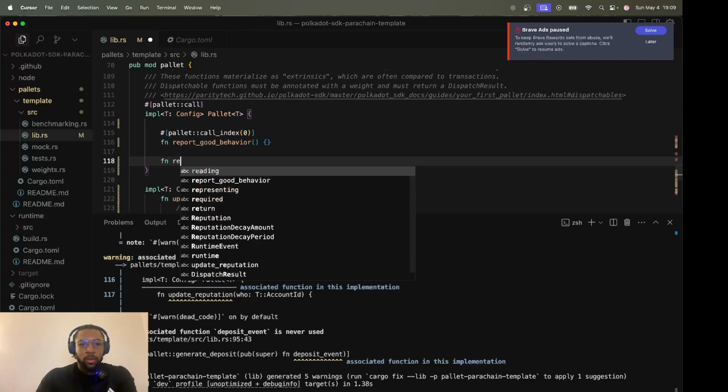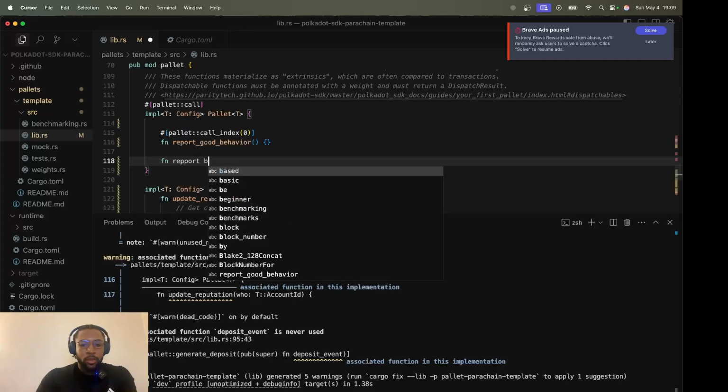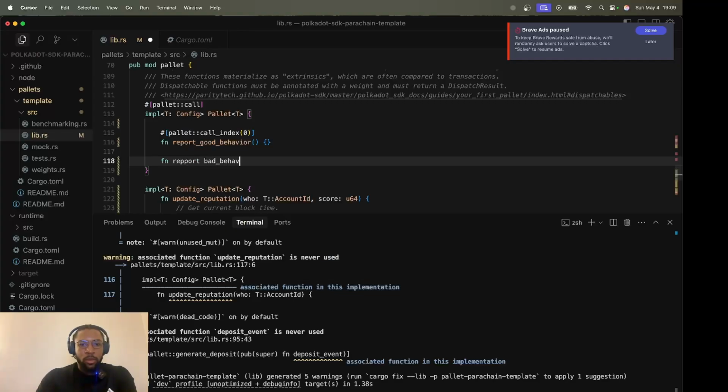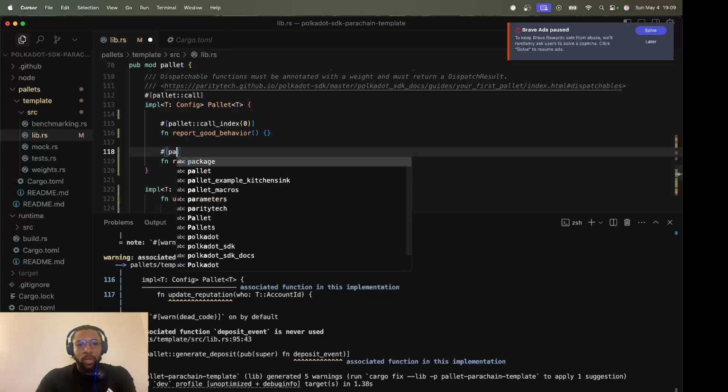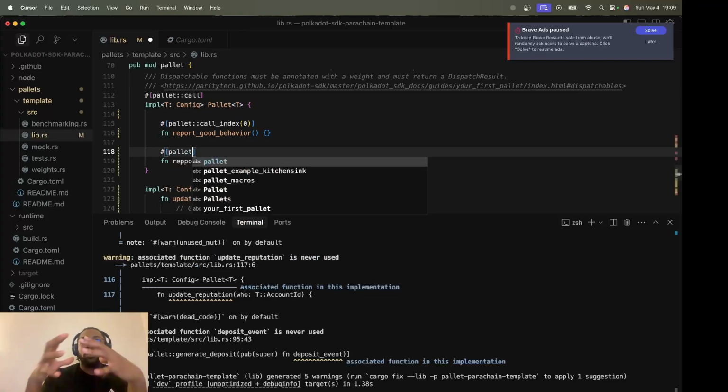Now, since this is a call, since these are transactions that will get called by a collective, not a specific user, we want to model it in the same sense as OpenGov.